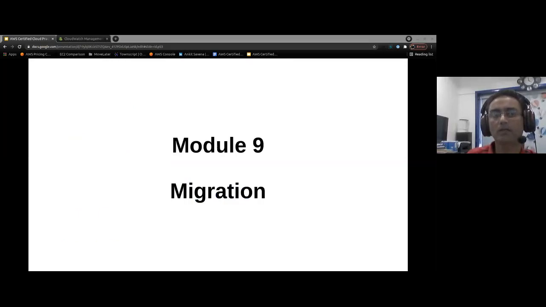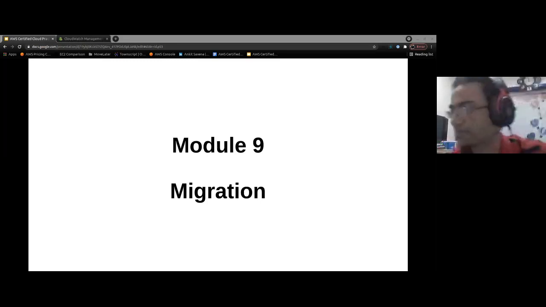Okay, coming to module 9, which is Migration. So yes, of course, I think in module 1, I was talking about when we were discussing a hybrid situation, or not only hybrid, we have decided that we have to host all our applications on cloud. So in those situations, there is a chance that we already have our applications, our data